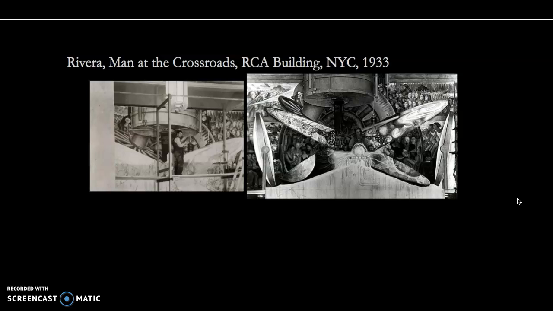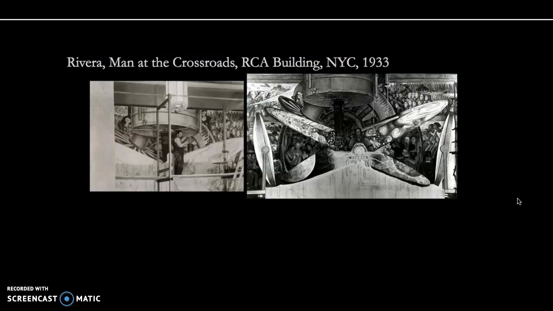Now, Rivera, like Grant Wood, had traveled extensively through Europe, but focused more on the avant-garde. He met Picasso and Braque in Paris, but he also did travel to Italy and studied famous Renaissance frescoes. He returns to Mexico in 1929, and while he had been gone, Pancho Villa and Zapata had led a social agrarian revolution in Mexico. And so Rivera joins up with this new progressive Mexican government.